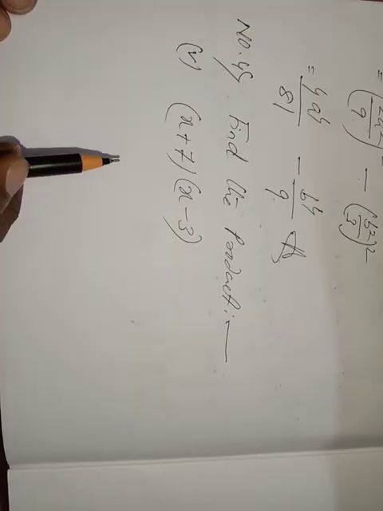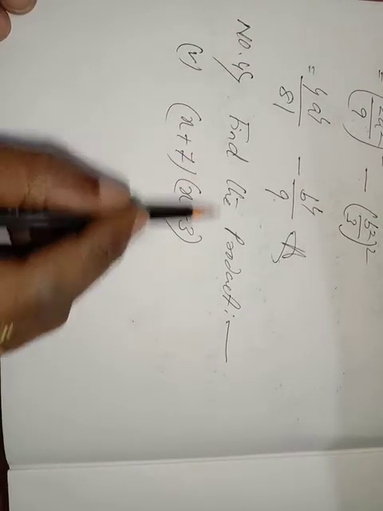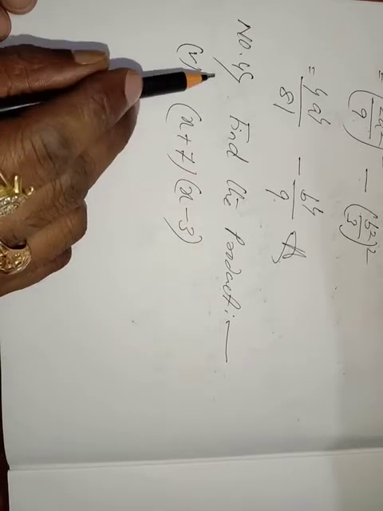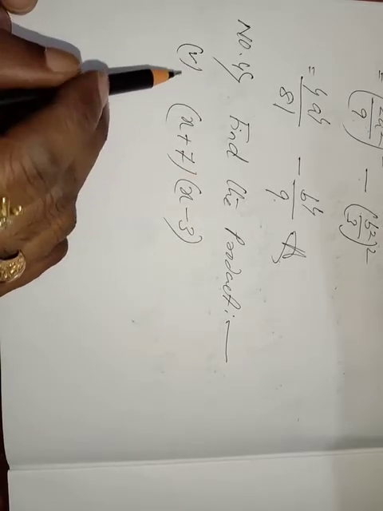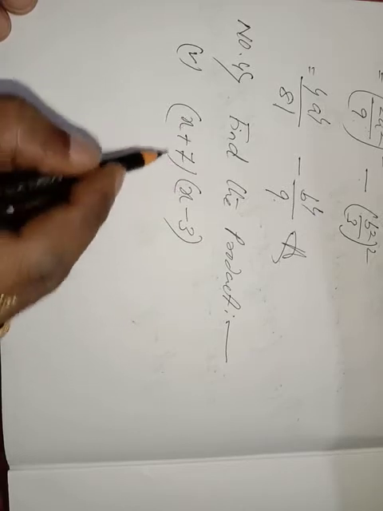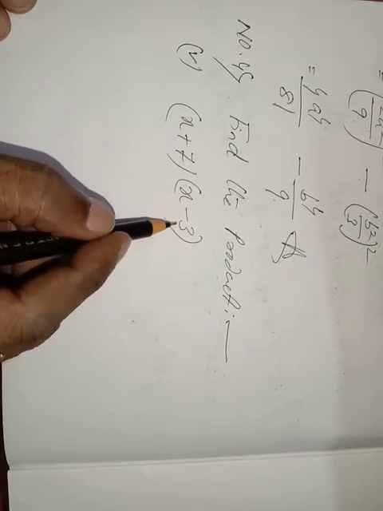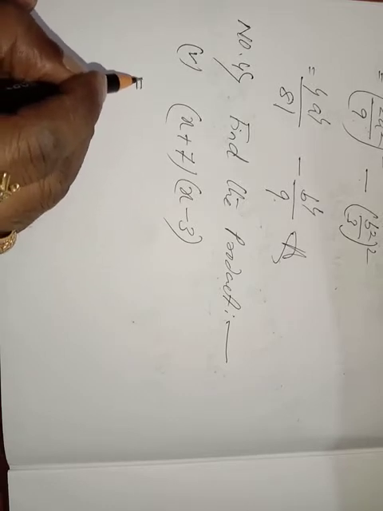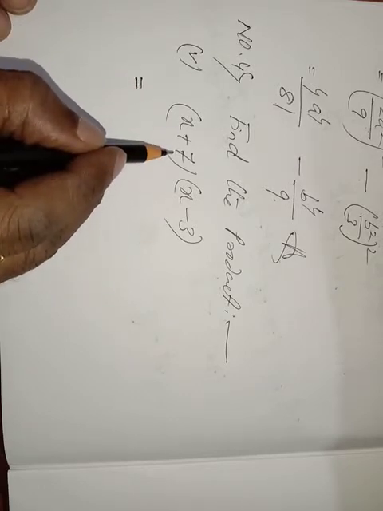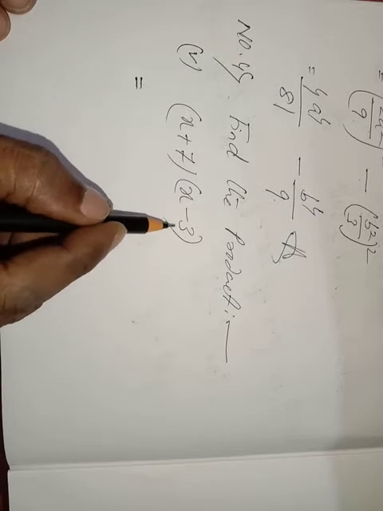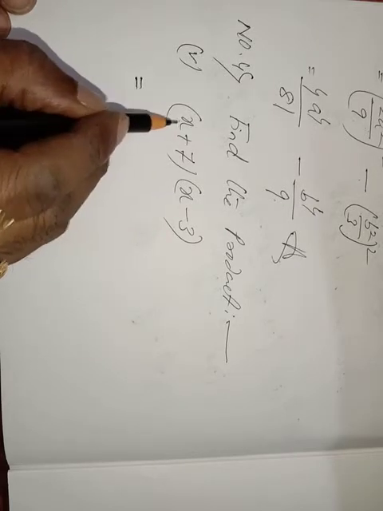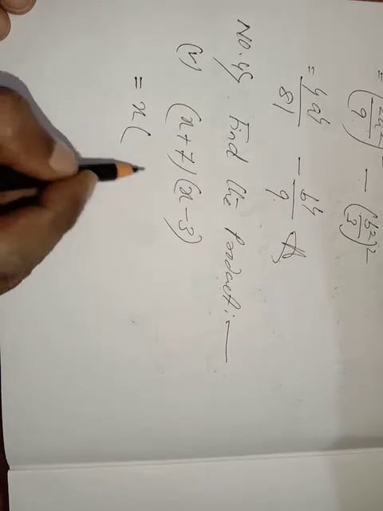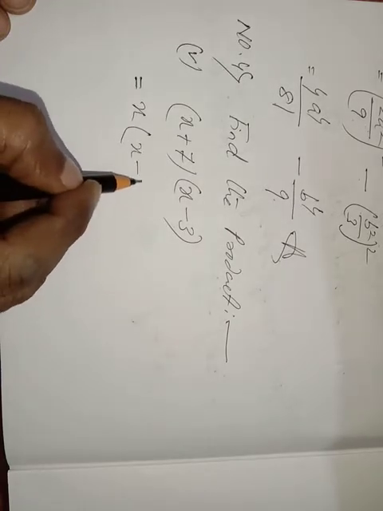See question number 4, what is given? Find the product, means we have to multiply. I am doing number 4, 5th part, that is x plus 7 whole into x minus 3. How to multiply? Very carefully see here. First is given x plus 7, the first bracket. Second bracket given x minus 3. See, the first part is what? X. Keep it here, x. Now you start the second bracket, that is x minus 3.